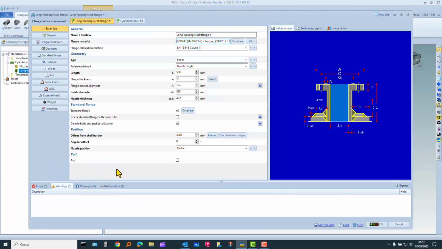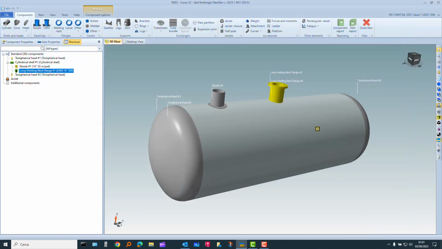Selecting this material, the warning will disappear. And so now we will have also our long welding neck flange